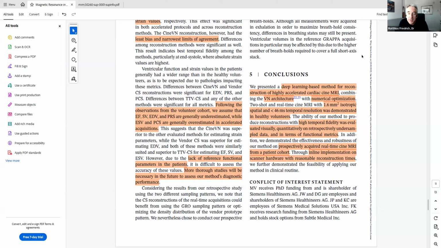And if we use then also deep learning informed analysis tools, then we get the best of both worlds. Are there any questions from the audience? I would, of course, be curious whether this finds its way into commercially available tools now. Yeah, so we are planning to evaluate this further, of course.